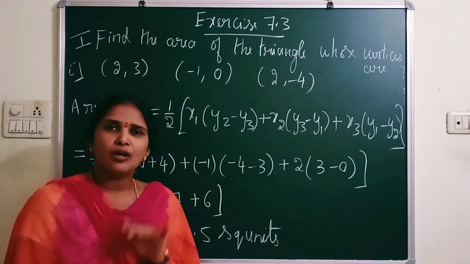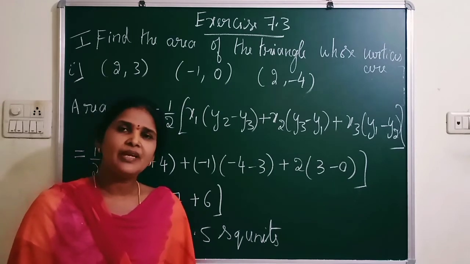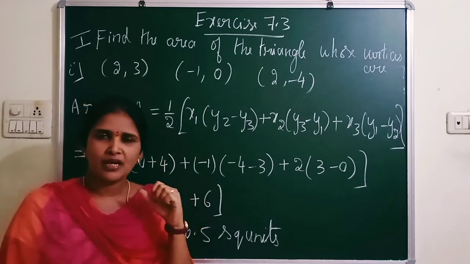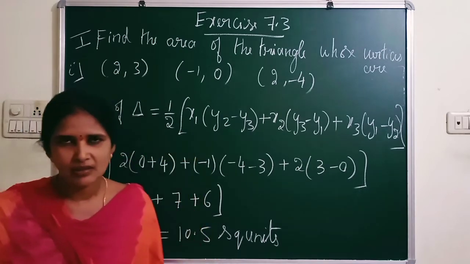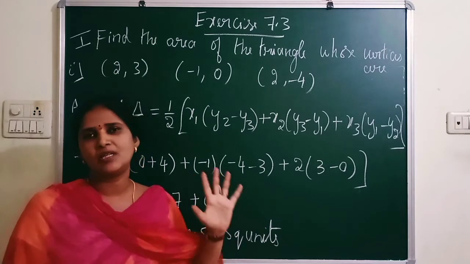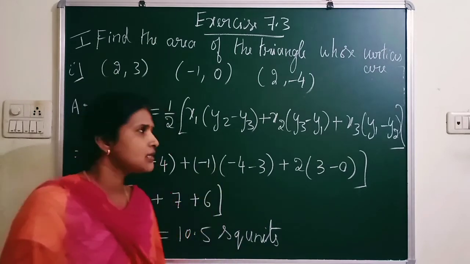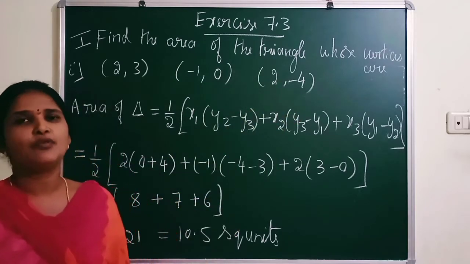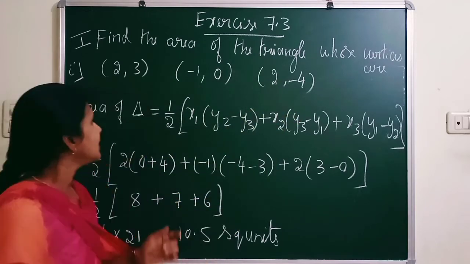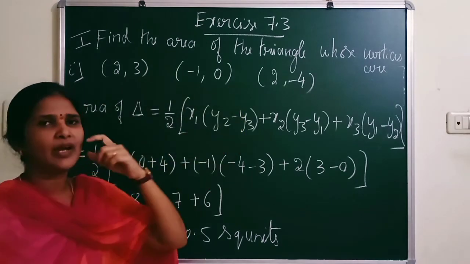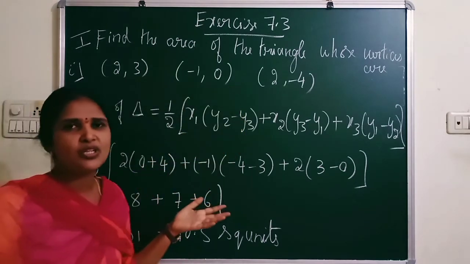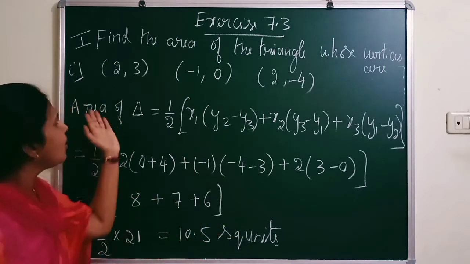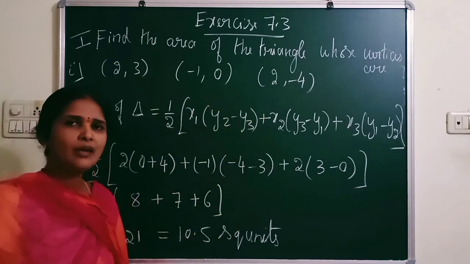Now, already you learned the derivation of area of triangle in Cartesian plane. So, keeping that formula in your mind, you can start exercise 7.3. Now, let us start exercise 7.3. First main, there are 2 questions. The question is, find the area of triangle whose vertices are given. For a triangle, you need how many vertices? 3 vertices. They have not mentioned the vertex names A, B, C or D, E or anything. You can take as you wish, or without that also you can write.